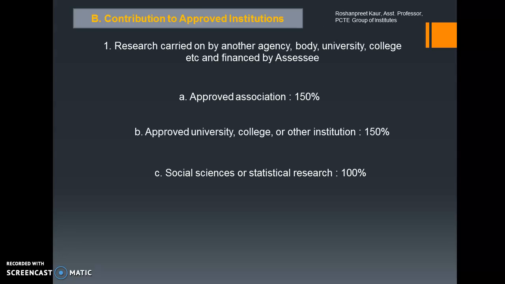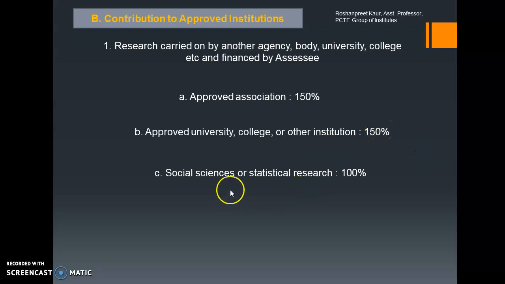Here, if the SSC has given certain kind of contribution to the approved institutions, then what are the obligations or what are the conditions? So in case the research is being carried on by another agency, any college or any university, to whom the SSC has actually given certain kind of contribution, or the SSC has actually financed those researches. Okay, so if the contribution is given to an approved association, then the amount of deduction given is 150%. If it is given to any approved college or university which is related to the research, then again 150% is